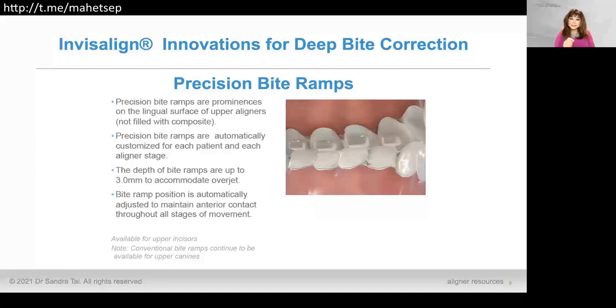The bite ramp position is automatically adjusted to maintain anterior contact throughout all the stages of movement as the lower incisors align. Now, when I used to use fixed appliances, I would bond metal bite turbos on the lingual of my upper incisors to disclude the occlusion so that in a patient with a